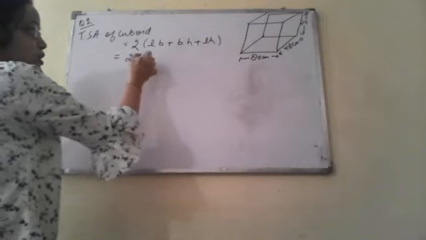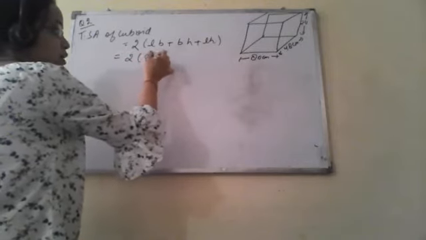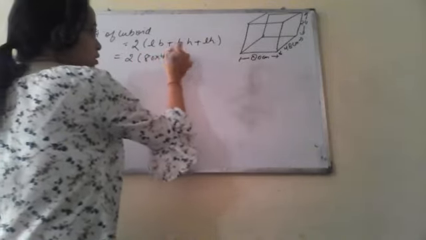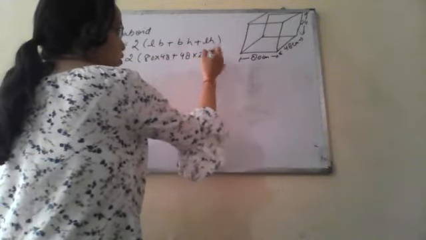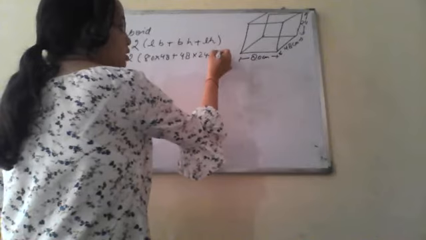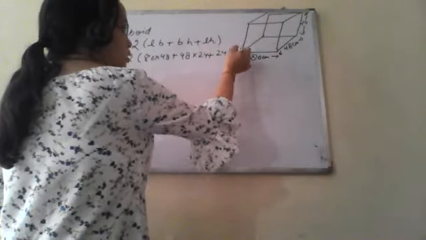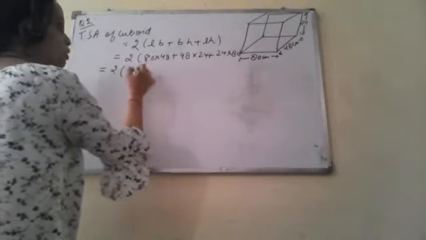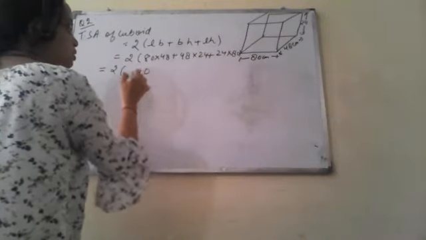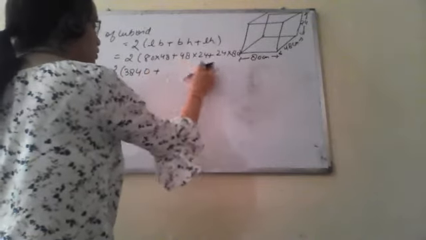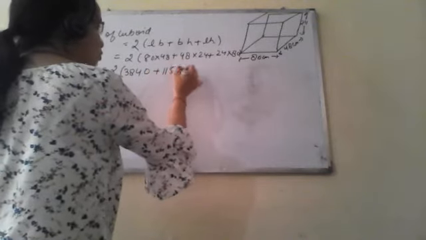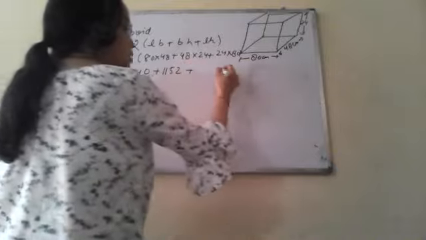So just put the values. L is 80 and B is 48, plus 48 into 24, plus 24 into 80. This is 2 into 3840 plus 1152 plus